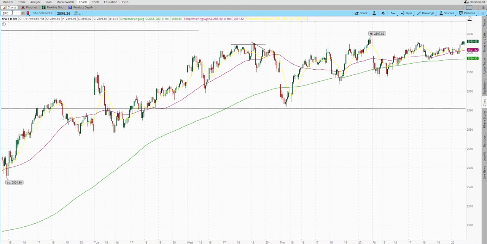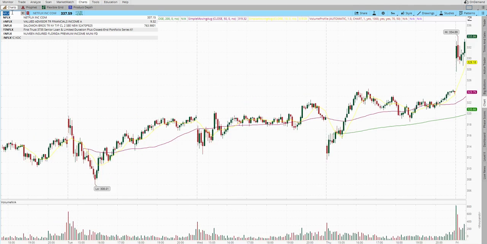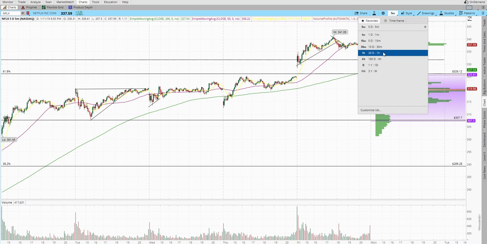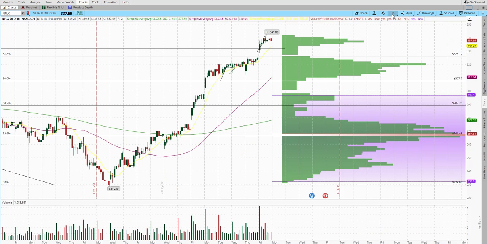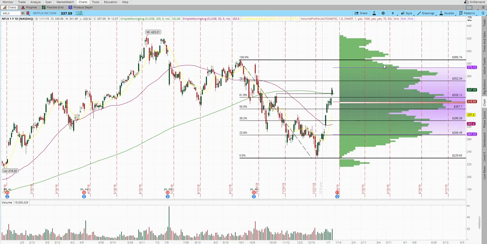Then we have Netflix, which has simply been probably the strongest issue for the start of the year. Let's take a wider look at what has been going on in Netflix. This is a 20-day 1-hour chart, and then I'm going to go to a 1-year daily chart. So Netflix, from a high of 423 in July of last year,